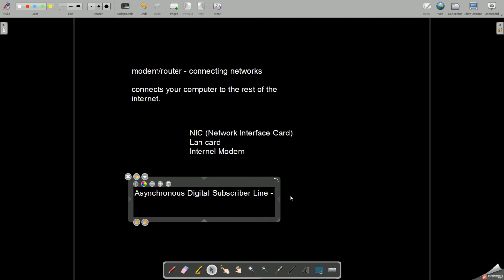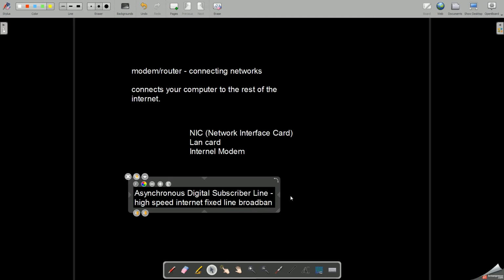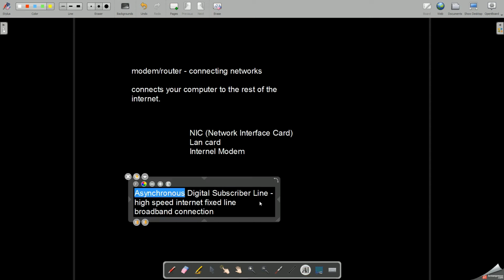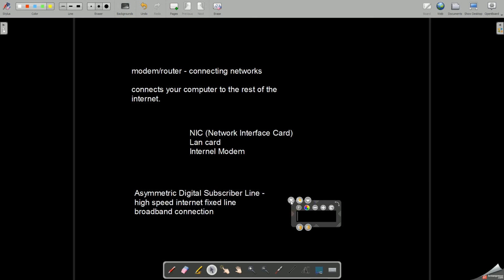The only thing is, it is a high speed internet broadband connection, which is known as ADSL, and ADSL stands for, sorry, not asynchronous, I'm very sorry about this, it is asymmetric digital subscriber line. The meaning of asymmetric is you have different speeds for upload and download. Usually download speeds are higher as compared to upload speeds.